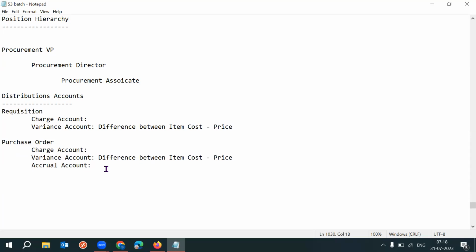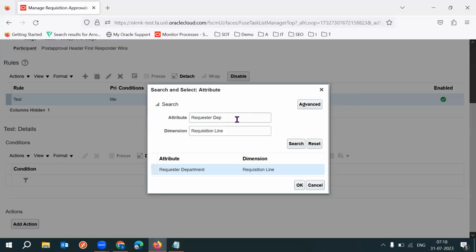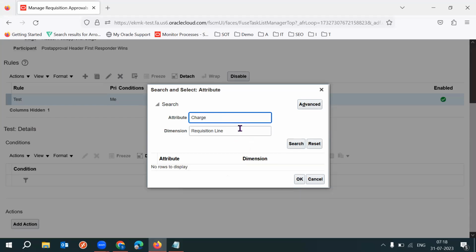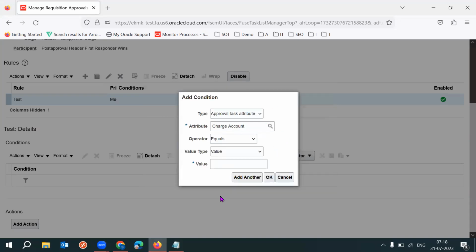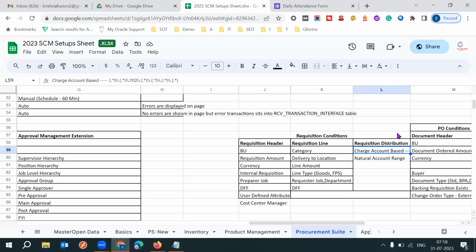Okay, and we can also configure approvals based on these accounts. Suppose the charge account is so and so, we can configure approvals based on this account also, these code combinations. So how is that possible? Suppose you select the charge account, if the charge account equals to, in the requisition,